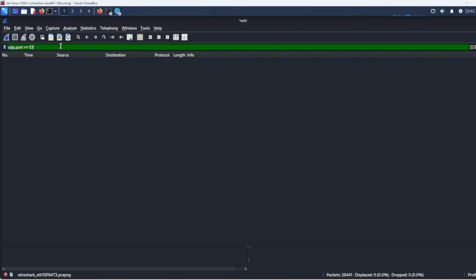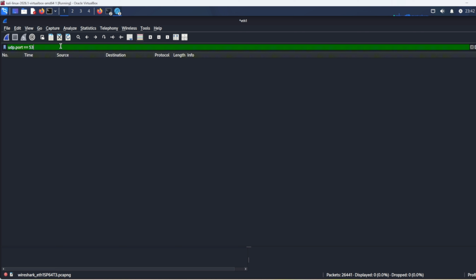Look closely at the source and destination fields. You will notice that our target IP address appears in at least one of these columns for every single packet. In a real security operations center, this is the foundational first step. Analysts use this isolation technique to quickly carve out a single host's activity from millions of irrelevant events before beginning